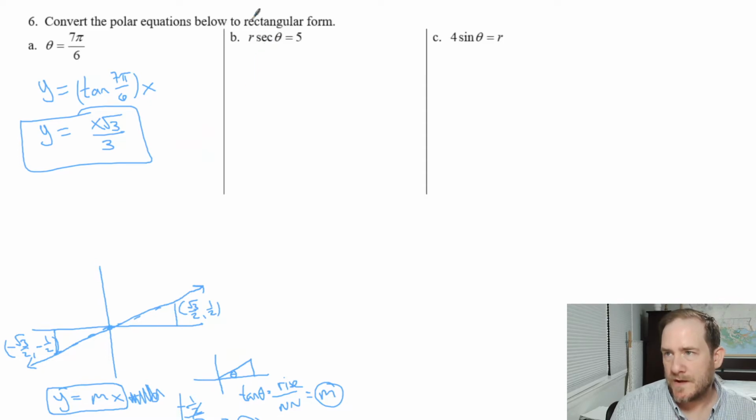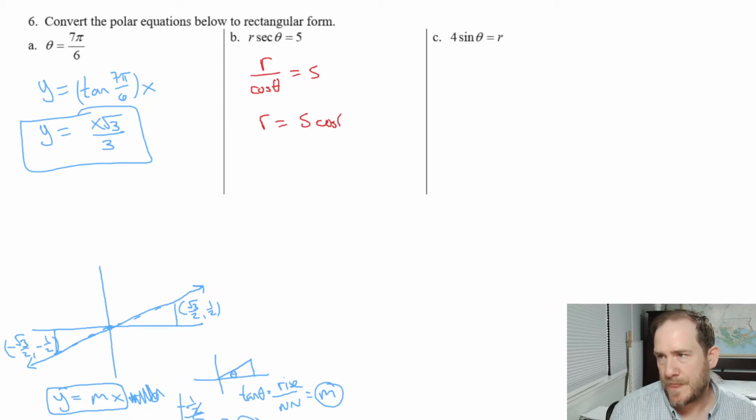But anyway, so to do this, what do we see? Remember, our rule is that r cosine theta equals x, but this is r secant theta. That's r over cosine theta. So you can't just do a direct substitution for that, but you could multiply both sides by cosine. Then you get r equals 5 cosine theta. That probably doesn't seem like much of a help because 5 cosine theta isn't anything. We need r cosine theta. But that's when you realize that multiplying through by r to give you r squared equals 5r cosine theta,